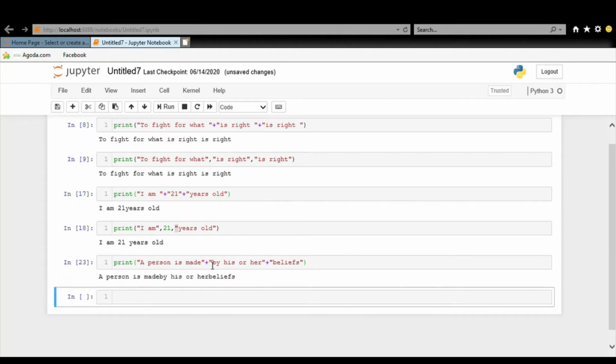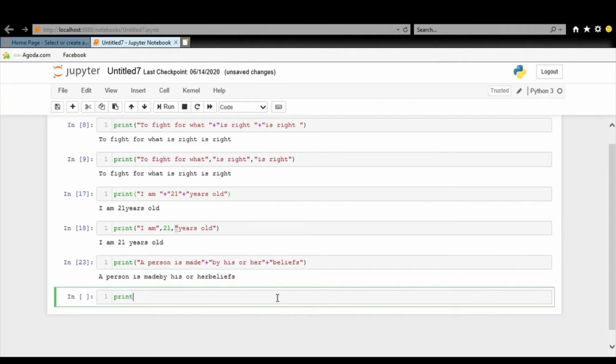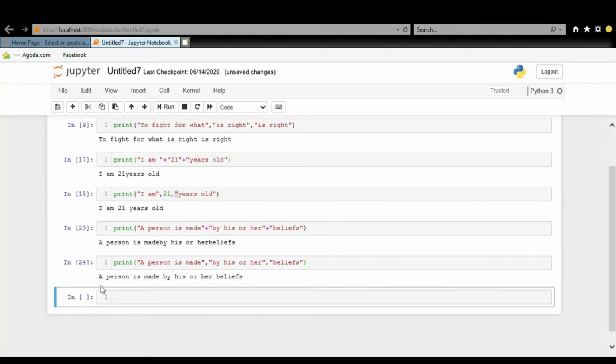So here I have tried to concatenate three different strings using the addition operator. Let's try to concatenate these three different strings using the comma operator. So this is the output.